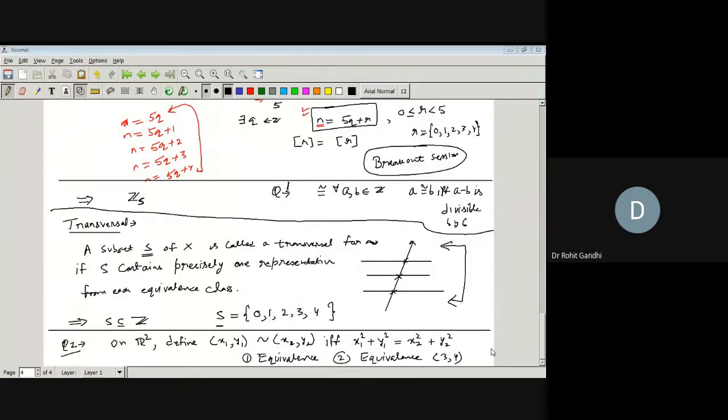Sir, Sunil sir. Yes, thank you, Rohit sir, for discussing relation and equivalence class. Now, students, we are going to launch the poll. Rohit sir, you can stop sharing. Yes, sir. Recording also, sir. Yes.